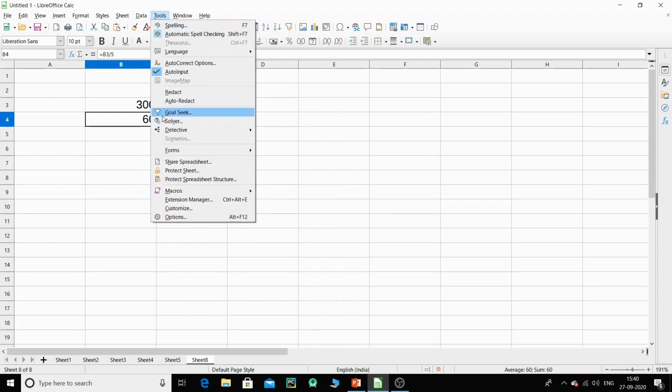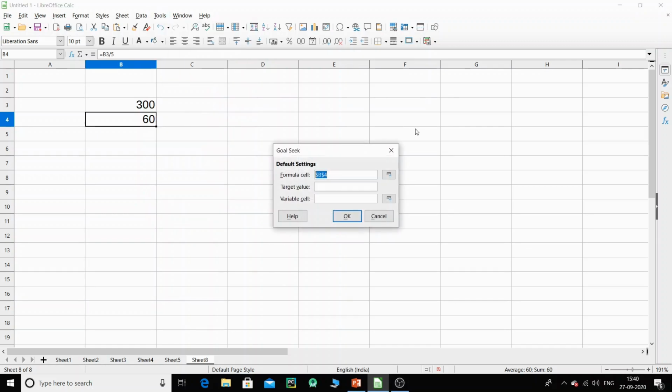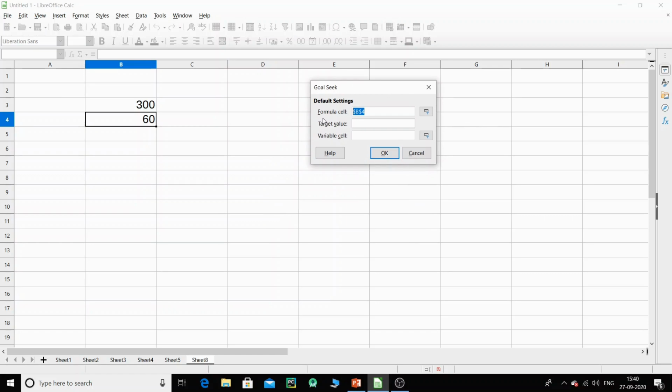Now for the goal seek, what you need to do is click on tools, and there is an option called goal seek. The first thing that you need to provide is the formula cell, that is this one. That is the formula cell that will give your output, and you will be targeting a value that is in B4.